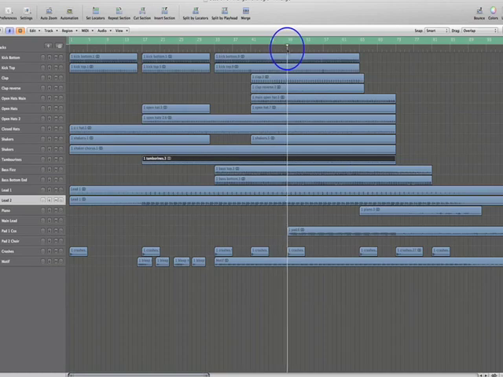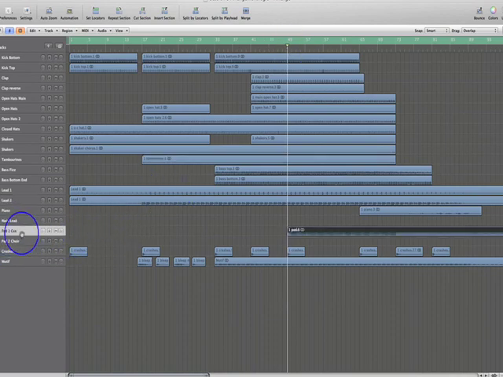Now this is not the complete pad, this is just our first underlying pad, which is the pad you see there. It's the one we programmed on our CS6X and the XV5080. That's just to create a bit of an underbed along the track and make it carry along until we introduce the piano. So just have a listen to that.